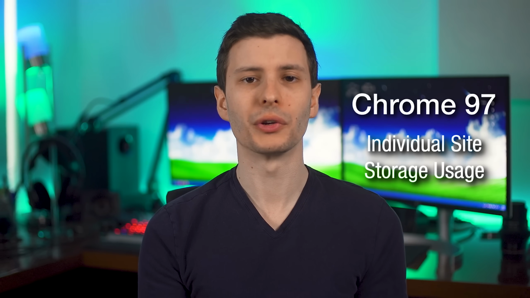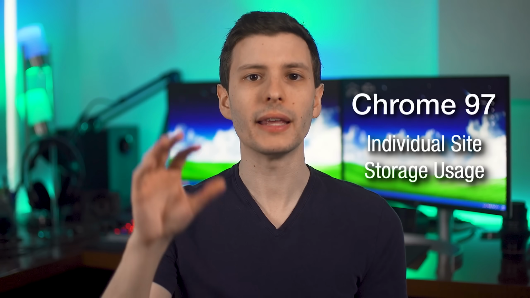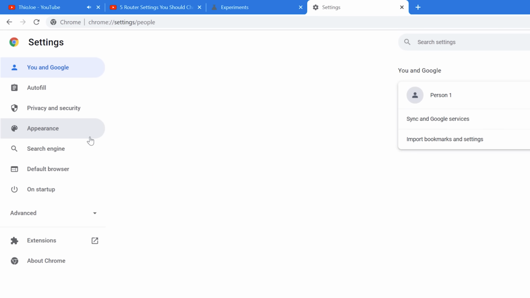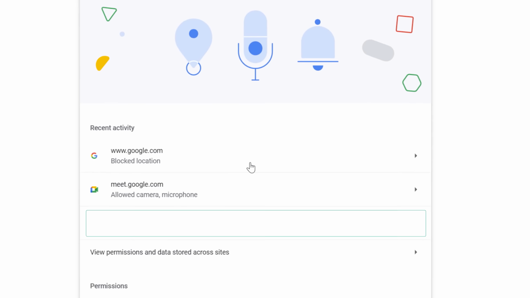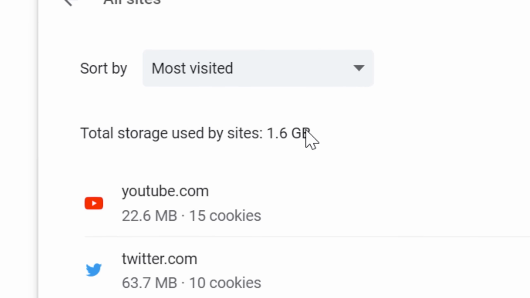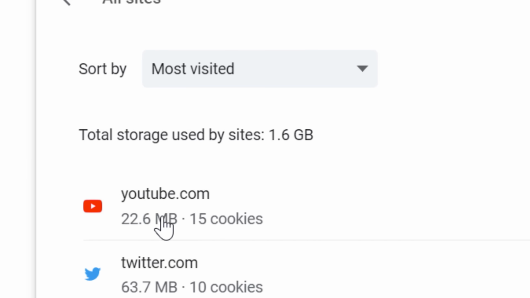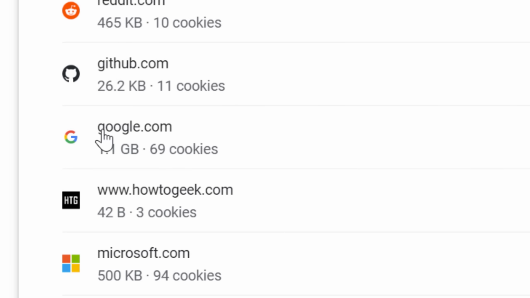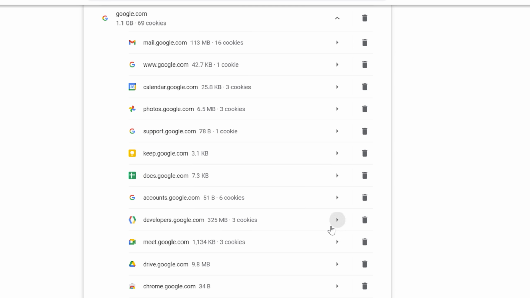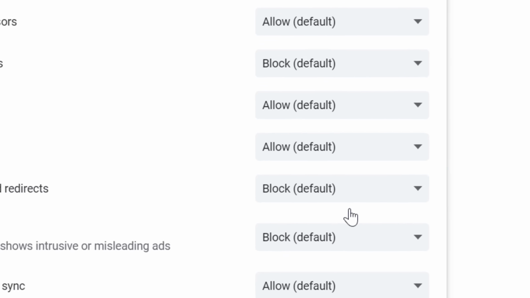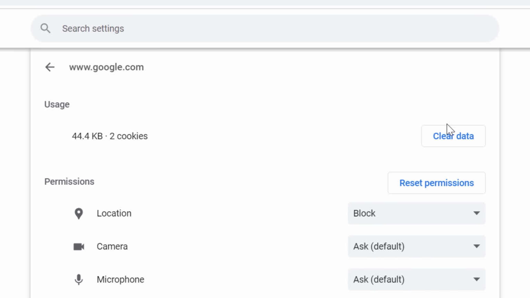Chrome 97 added a feature that's pretty cool that allows you to actually see the individual data saved by each website. So you go to settings, and then security and privacy, then site settings, and then click view permissions and data stored across sites. And here you can see how much temporary data or files are stored by each website in, for example, the file system Chrome has that allows websites to save files in Chrome's temporary files folder and stuff like that. So you can see how much stuff is taking up space there. Or if you wanted to, for example, just clear out the cache and temporary files for an individual website,